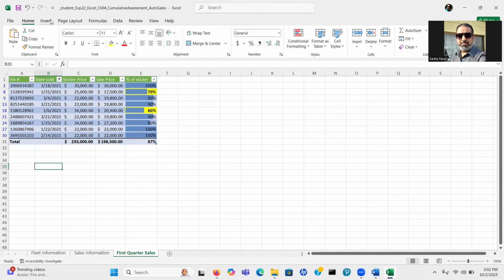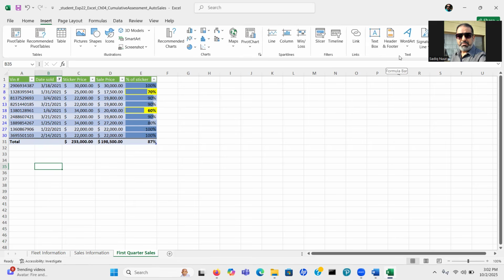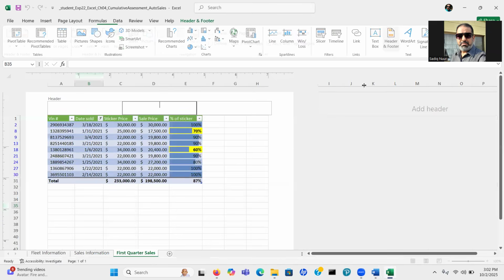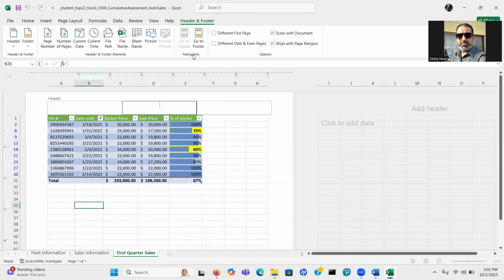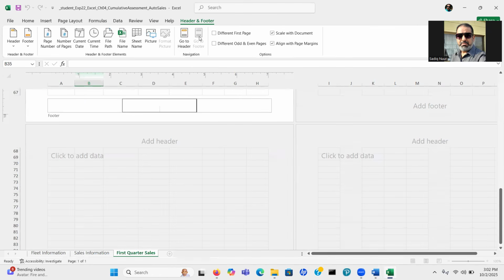Go back to Insert, go to the Text group, Header and Footer, and under Navigation in the Header and Footer tools, click Go to Footer. In the left box, we put our name. In the middle, the sheet name, and then the last one will be the file name.